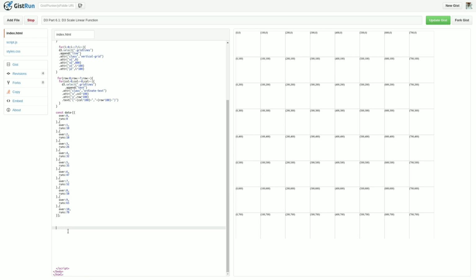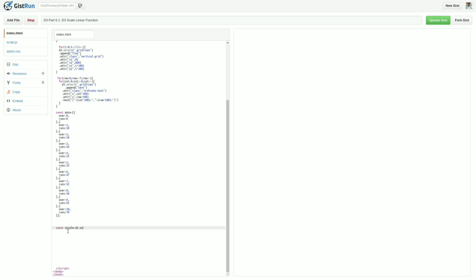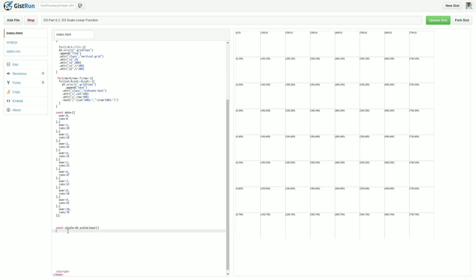Now I just create the simple scale function: const xScale is equal to d3.scaleLinear().domain. I want to pass the input to this scale linear function, that I want to show the circle based on these runs. So as a domain we need to pass the input.